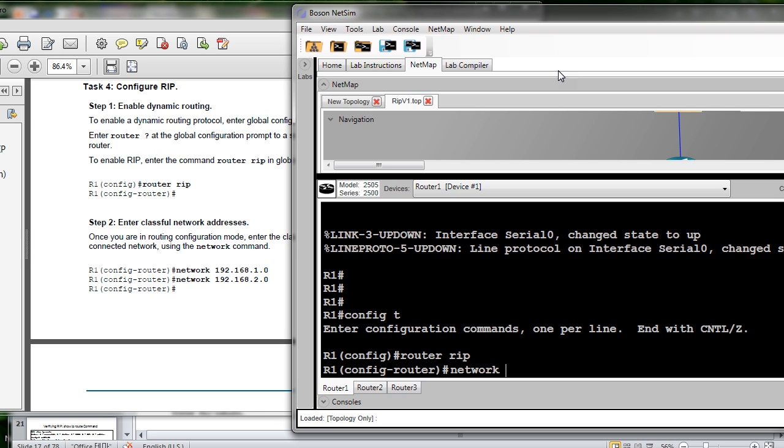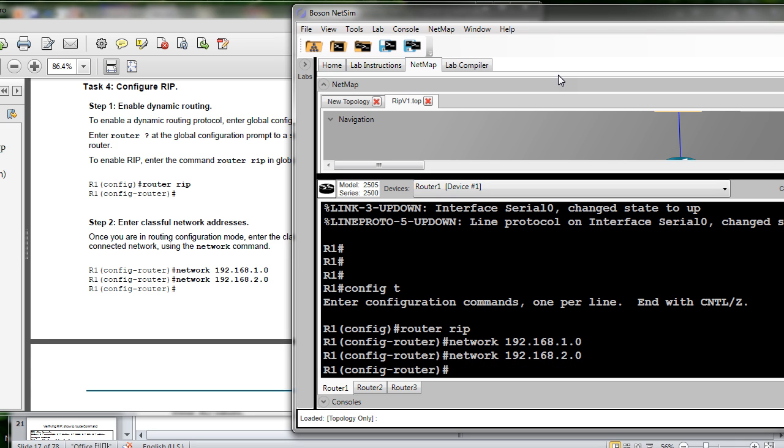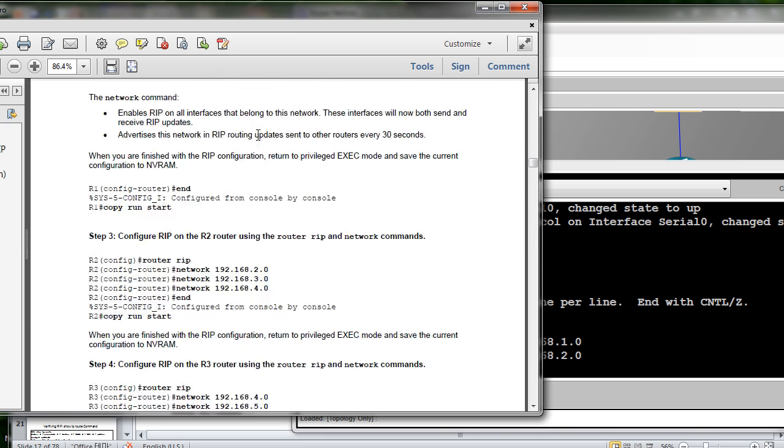Because router 1 has 2 directly connected networks, which are 1.0 and 2.0. That's why I have to type network 192.168.1.0, network 192.168.2.0. And then for R2,